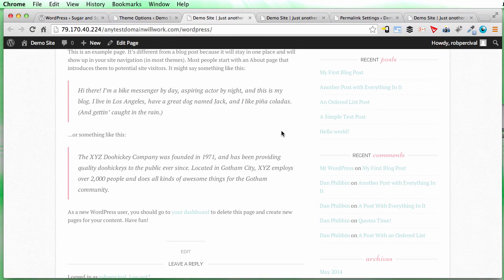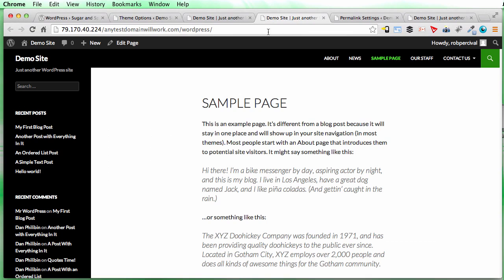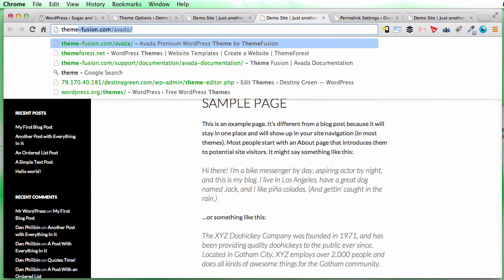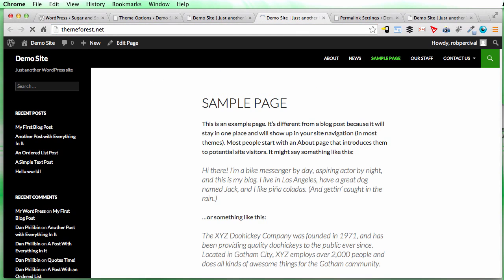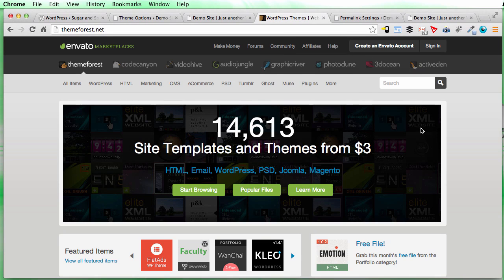So free themes are great for getting a site up very quickly, and if you don't really care what the website looks like, then they're a fantastic resource. But if you ask me, if a website is worth building, it's worth making look really good. And to do that, you either really want to do a custom design yourself, or pay someone else to do it, or use a premium theme. So let's have a quick look at themeforest.net,